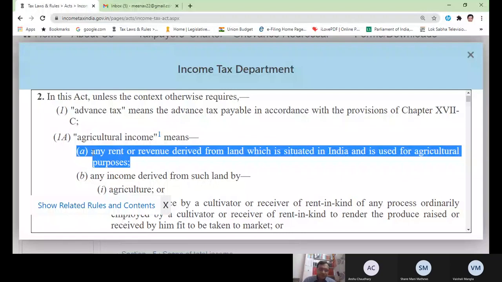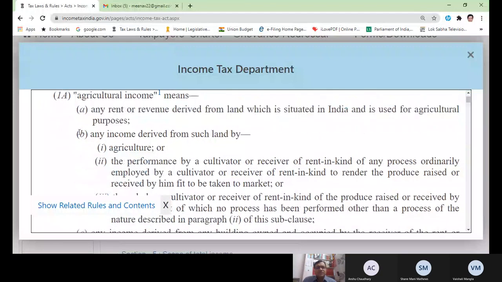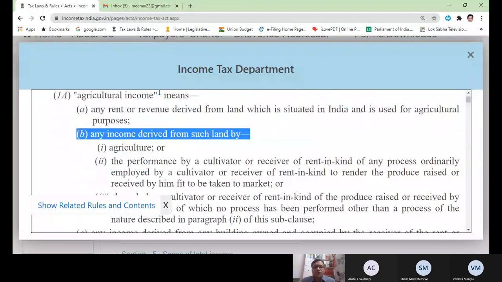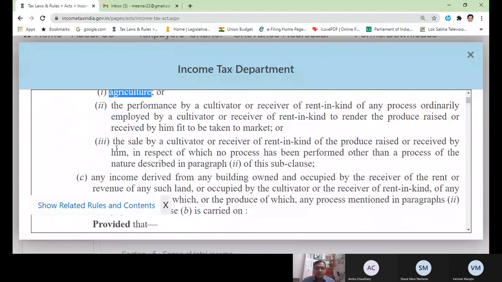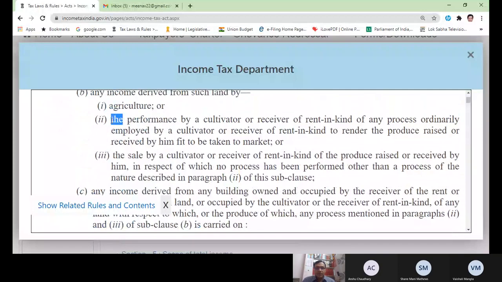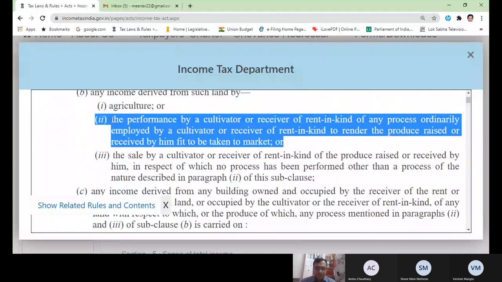Now, other than rent, any other income derived from this land which is used for agricultural purpose by doing agriculture. Subclause B: income derived by the performance by a cultivator or receiver of rent in kind of any process ordinarily employed by a cultivator or receiver of rent in kind to render the produce raised or received by him fit to be taken to market. When crops are grown and when you cut the crops,